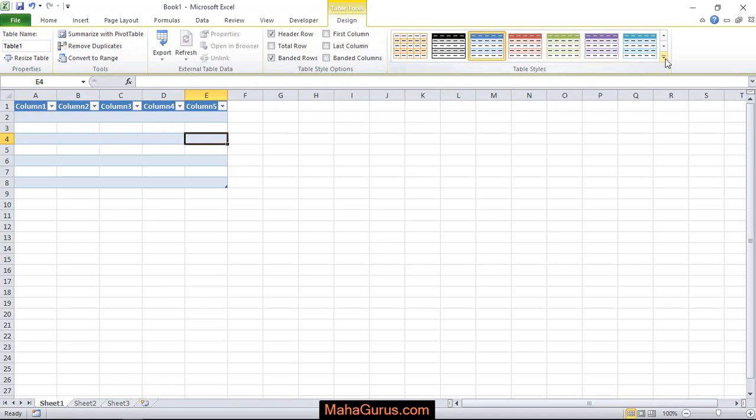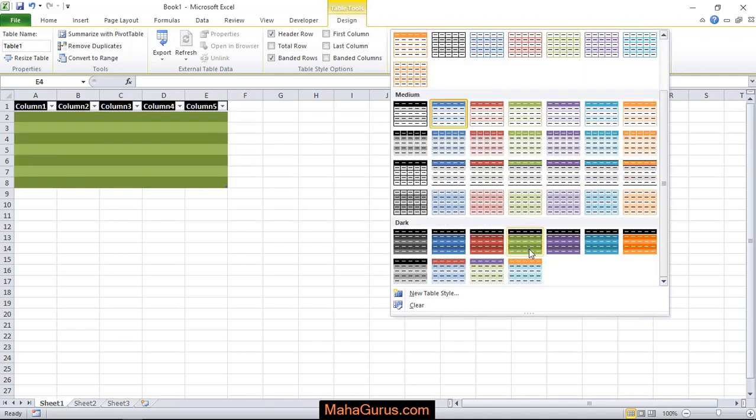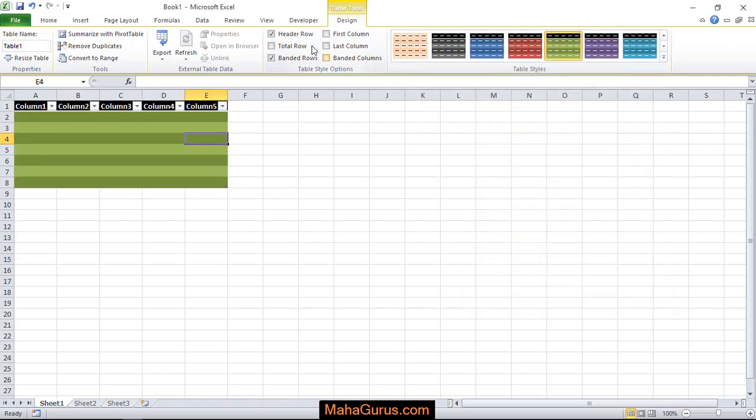Like here, the table style, you can select light, medium or dark, whatever you want. And here, if you want to add some extra things in the table, like if I add a table row, then you can just check it there. Okay,